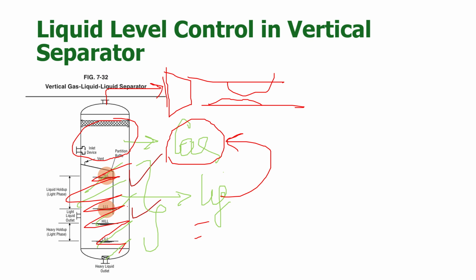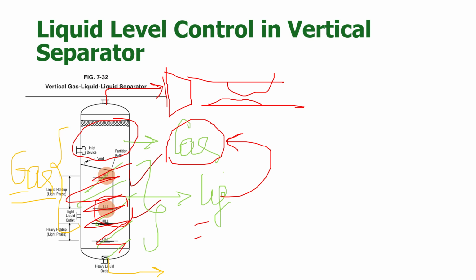So in the second case, which is this time low liquid level, it means that this time you have more gas. So I'll use this color. You have this time more gas. Now it doesn't allow the proper distribution of the liquid droplets. That's why from the liquid outlet, liquid will be taking some gas as well with itself, and it will go to the downstream facilities. So we don't know this time what is located at the downstream of the separator, but if you have really critical equipment, for example the pump or something different,